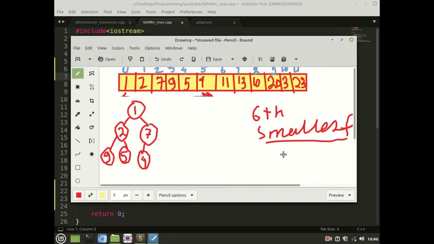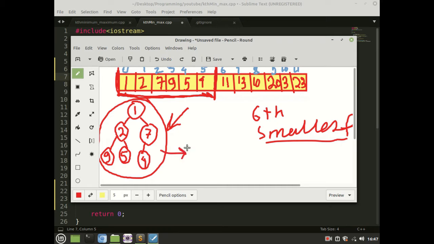So at first we have to make a heap from the first six elements of this array, starting from the 0 index to index 5. This will be our heap. I have created a heap tree corresponding to this. So this is the heap tree of the first six elements, and we have to convert this into a max heap.